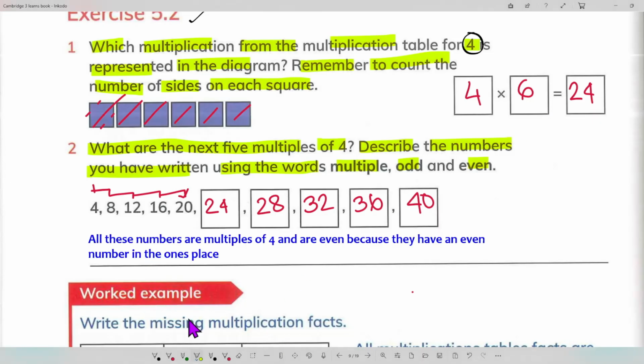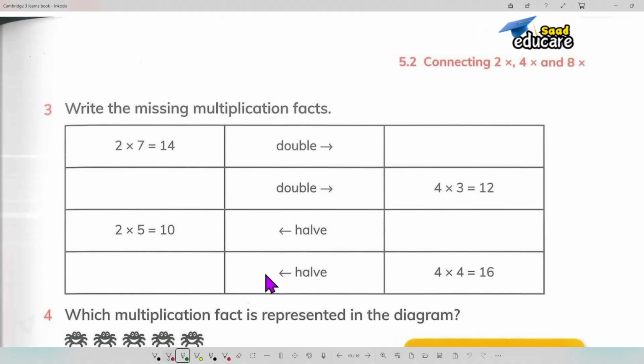Now look, all these numbers are multiples of 4, right, and are even because they have an even number in the ones place. Look, all the numbers here are 0, 6, 2, 8, 4, 0, 6, 2, 8, 4. All the numbers are even. So number 2 done. Number 3,